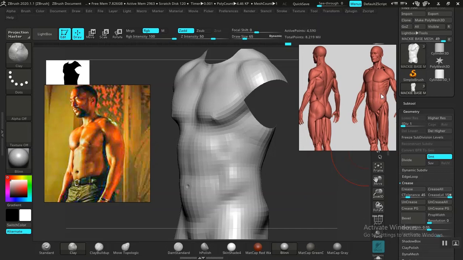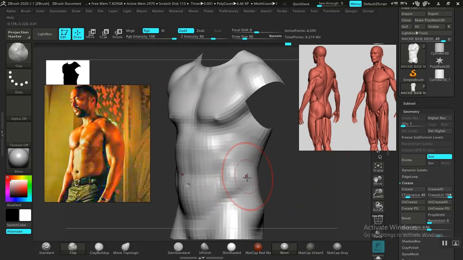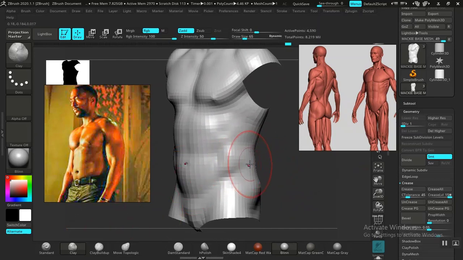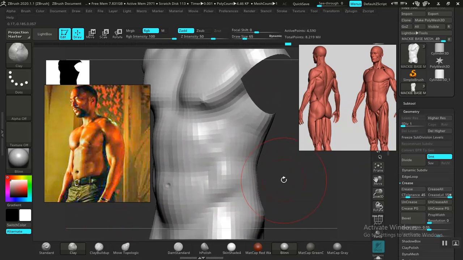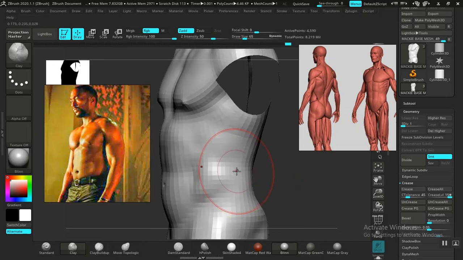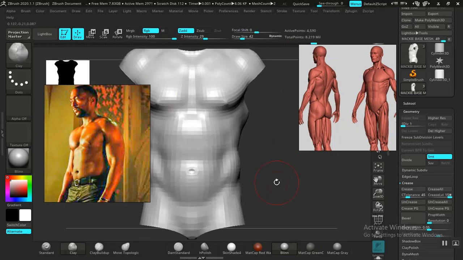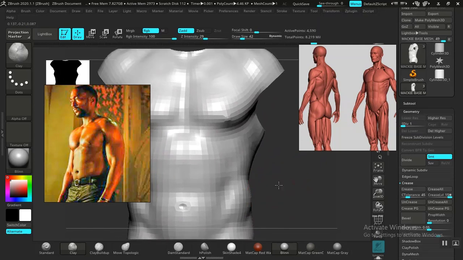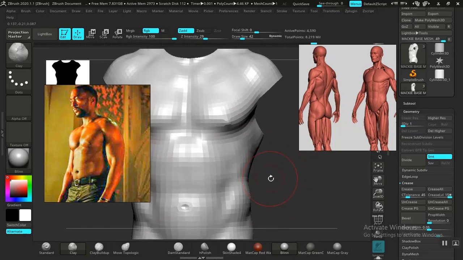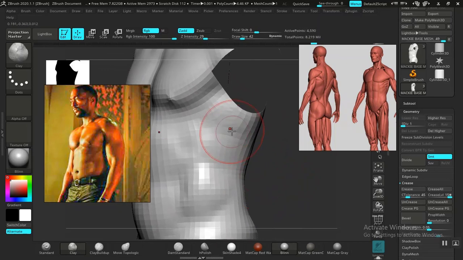Okay, so you can see this muscle close to the belly, that region there. I'm going to be working on that. I want to make that feel a bit more pronounced. In the reference image, this one looks a bit more pronounced. So let me use a smaller brush size and a lower intensity, something slightly low, not too much. You want to avoid going too heavy-handed, because the base mesh is already giving us enough